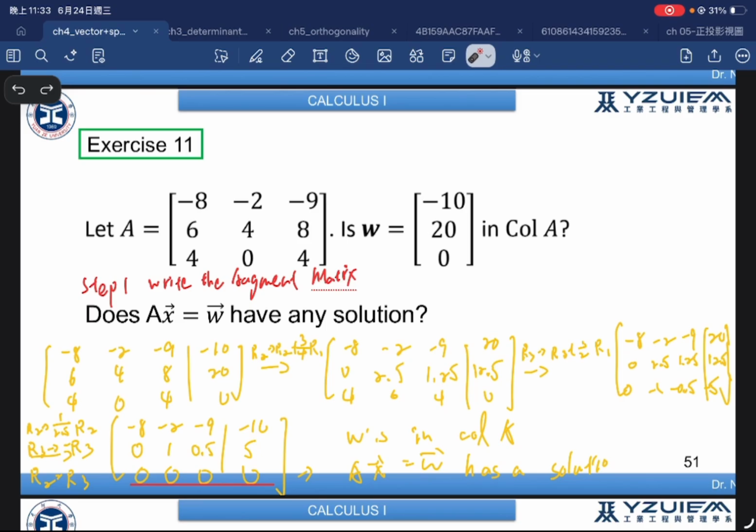row reduction, Gaussian elimination. Step 3: